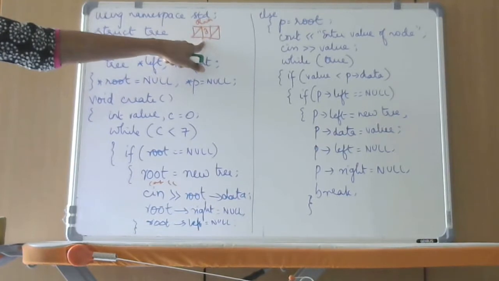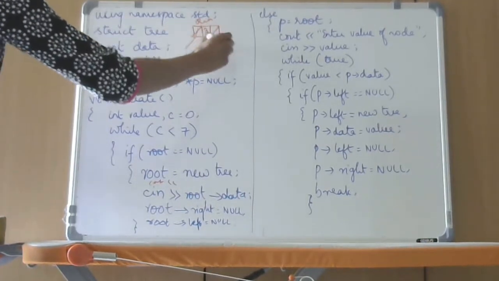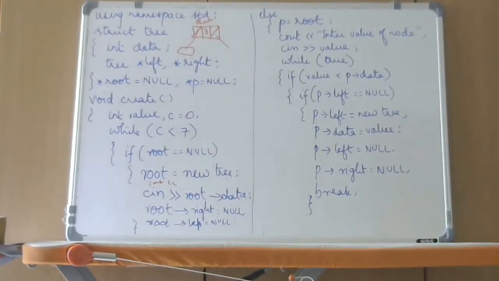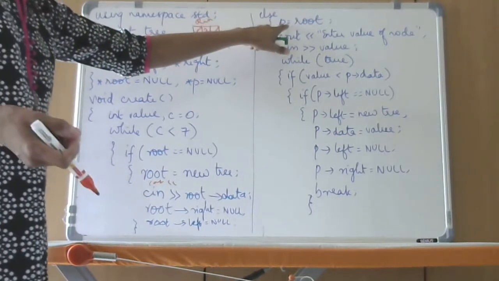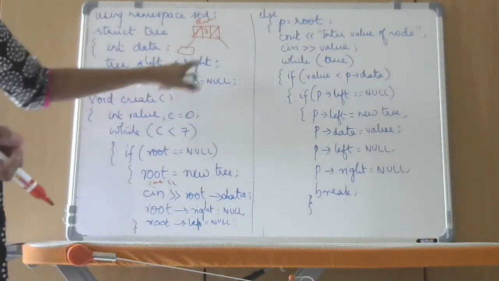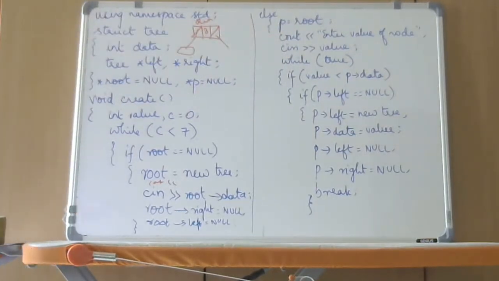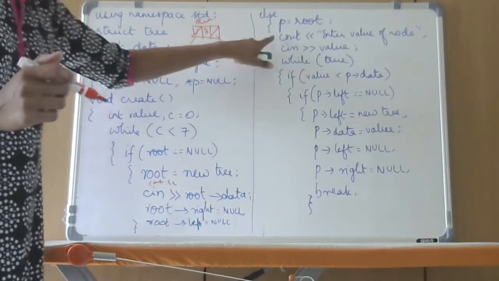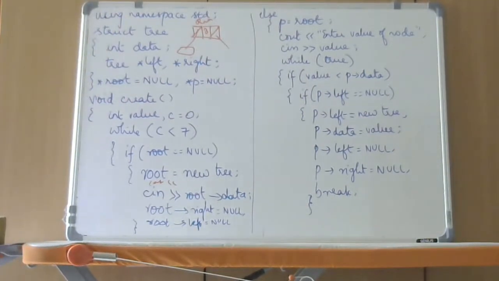When there is suppose one more node here, then root is not null. So that means the tree is already existing and then we are going to add or insert some nodes into the tree. I have taken one more pointer p that I will initialize to root. Like current and previous, all these pointers we took are used to traverse. Similarly here I am taking p as a pointer, initializing it to root. Then I have to accept the value of the node that I want to insert. So I accept, enter the value of the node.